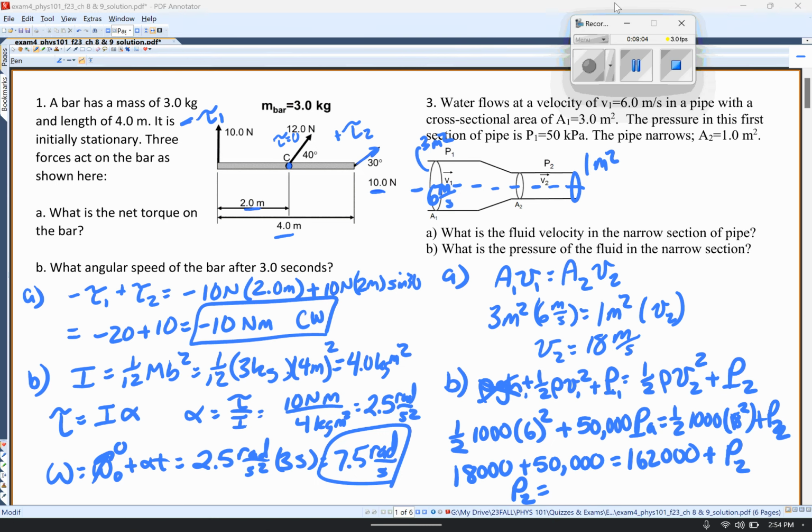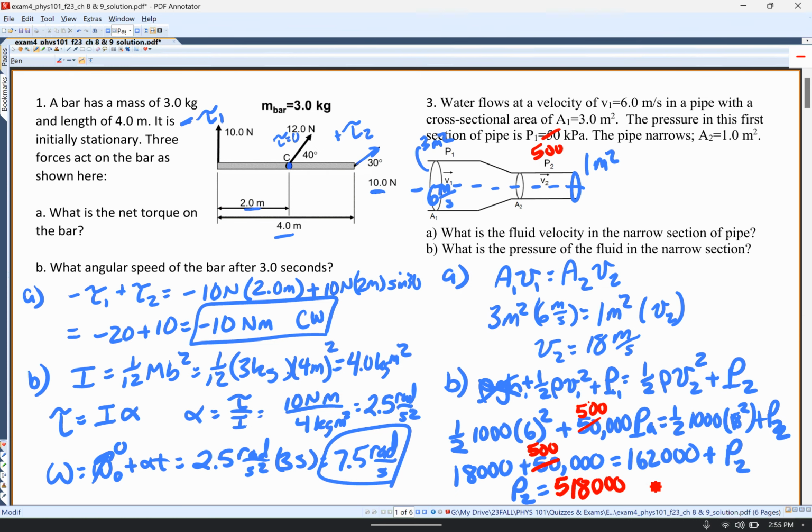Okay, so sorry, I had to pause there for a second. I have a mistake here, so on your test, you'll have it in this version. Let me show you what happens. When the fluid goes faster here, when the velocity goes up, the pressure drops. And so the pressure is dropping so much that it's going negative, and that's not physical. So instead of having 50 kilopascals, I'm just going to make this 500 kilopascals. So instead of this being 50,000, it's going to be 500,000 pascals, and then P2 is going to be